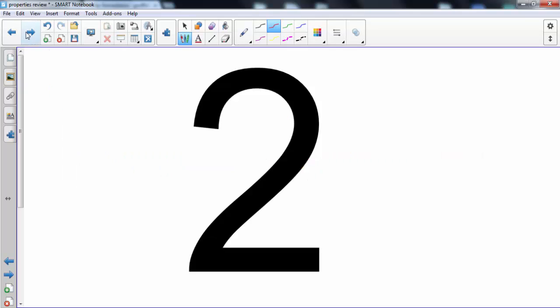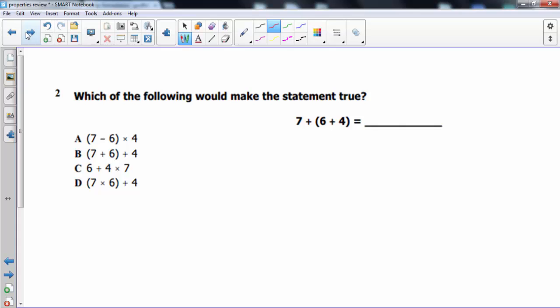Question number 2. Which of the following would make the statement true? I see that we have 6 plus 4 grouped together, which will make 10, plus 7 is going to be 17. So we're looking for something else that's going to be equal to 17. You could go through and solve each of these, but I would look first to see if maybe this question is trying to demonstrate the associative property, and find another example where it's the same numbers and just the different